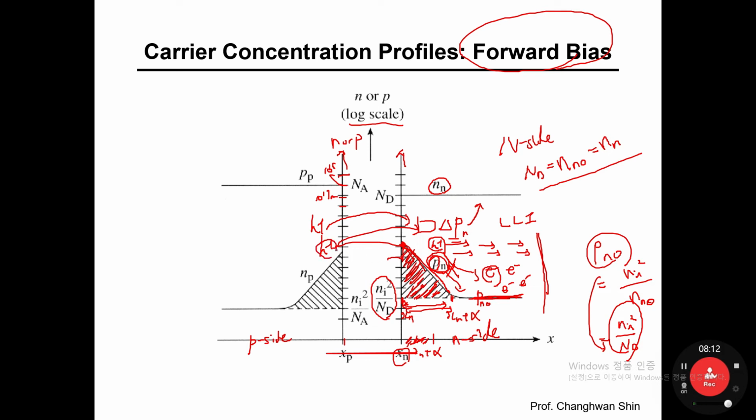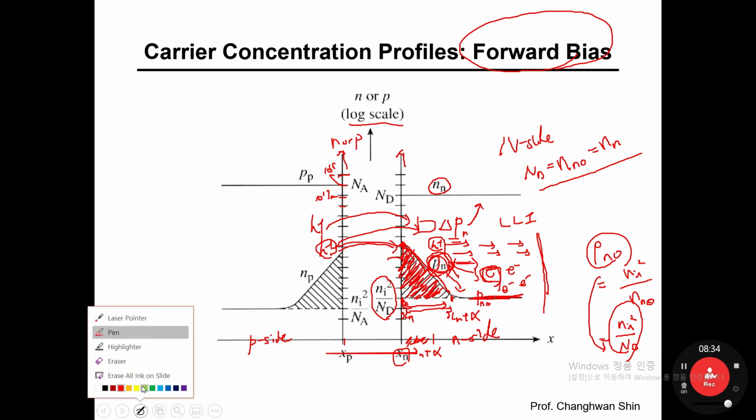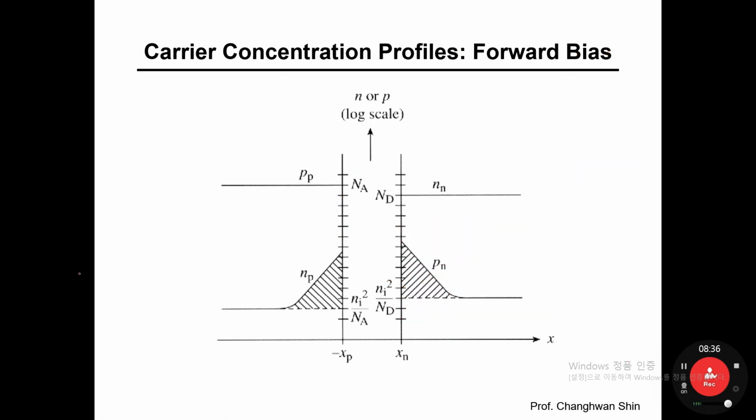However, many holes under forward bias have been injected into the n side. A certain amount of holes should be accumulated, but those accumulated holes should be diffused into the n side, and in the end, they're going to be recombined with majority carriers, which are electrons in the n side. Okay. All right. So let me erase my note